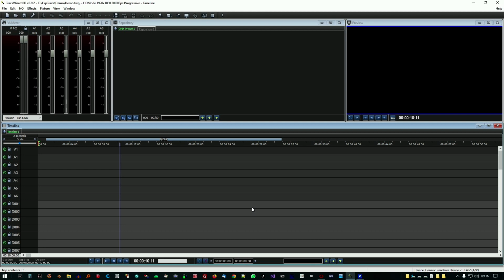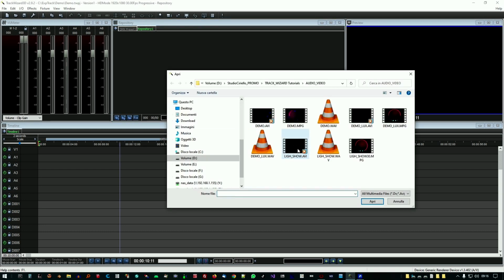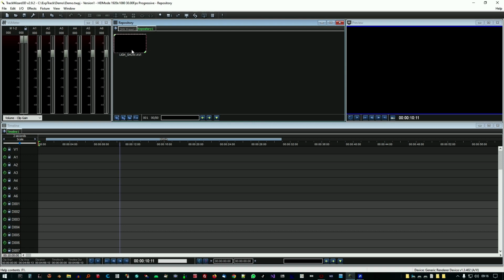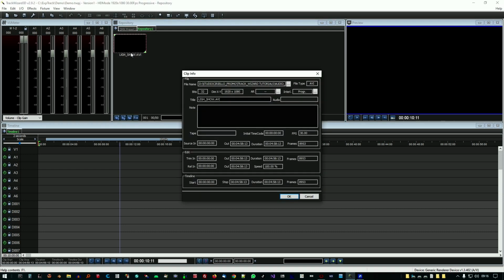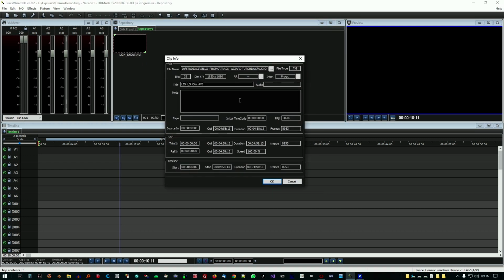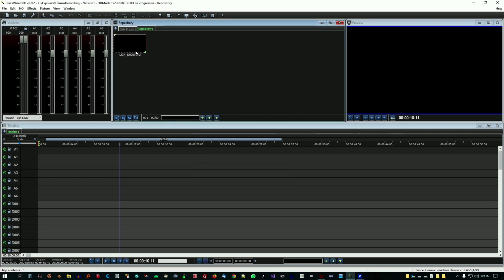Now we need to add the audio, video and DMX clips we want to use in the project by loading the objects in the repository window and then mounting them in the timeline window. We load a video file by selecting it from a system folder. The program automatically converts it into a video format suitable for precise editing on the timeline. The imported file is shown in the repository window.